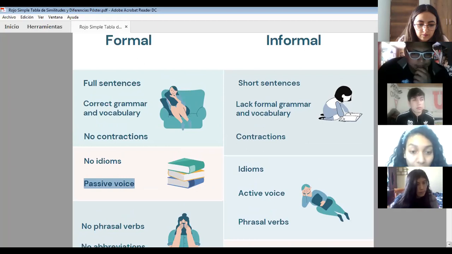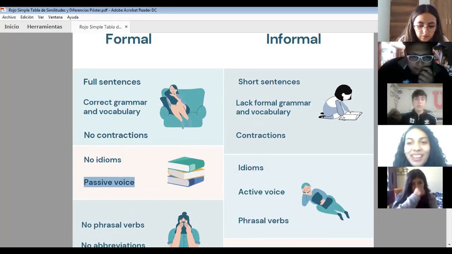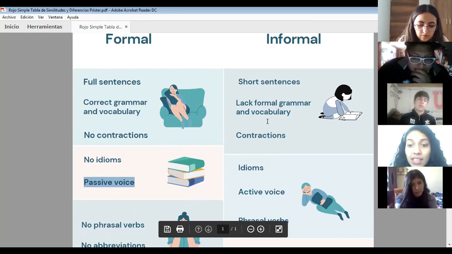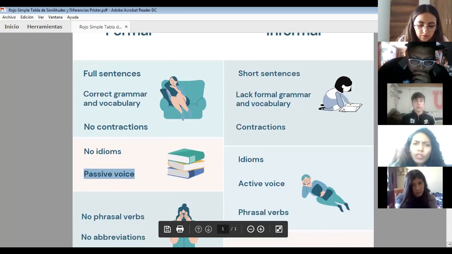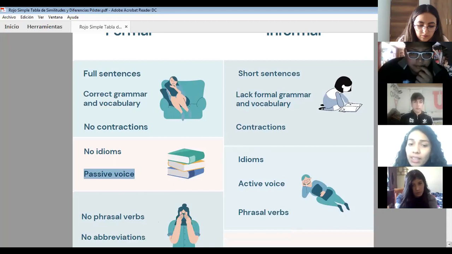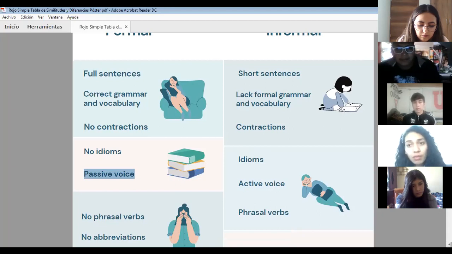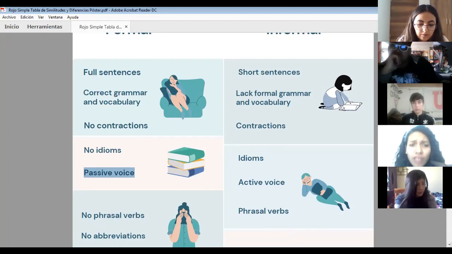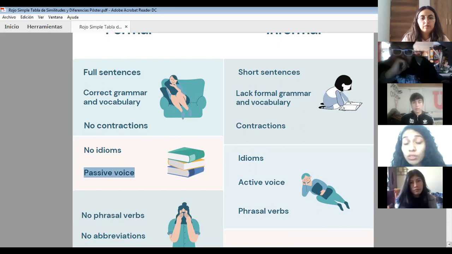Then we have phrasal verbs. We already know which are the phrasal verbs. We have had a class on that, if you remember. So yes, in the formal you can see that we have no phrasal verbs, and in the informal, yes, phrasal verbs. So what you have to remember is that in formal emails, like in Spanish, you have to be very respectful. You don't have to use phrasal verbs, for example get up, turn off. No idioms, no contractions. For example, in the case that you want to say don't, that's a contraction. So you have to write the